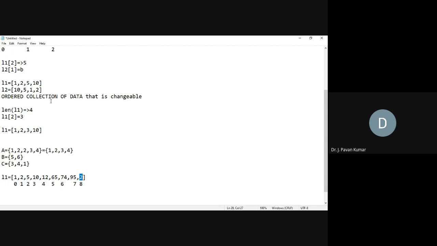Why are we not having any significance in a set? Because we are not having any indexes. So we cannot differentiate whether this 2 and these 2 are different. We cannot differentiate. Why? Because there is no ordering in a set. Whereas in a list we have ordering. So this 2 is at index 1, this 2 is at index 8. Like that we are able to differentiate. That's why we can have duplicate elements in a list. Is it clear?